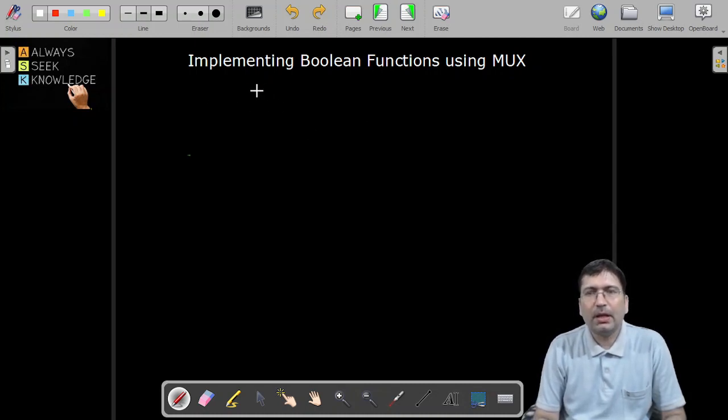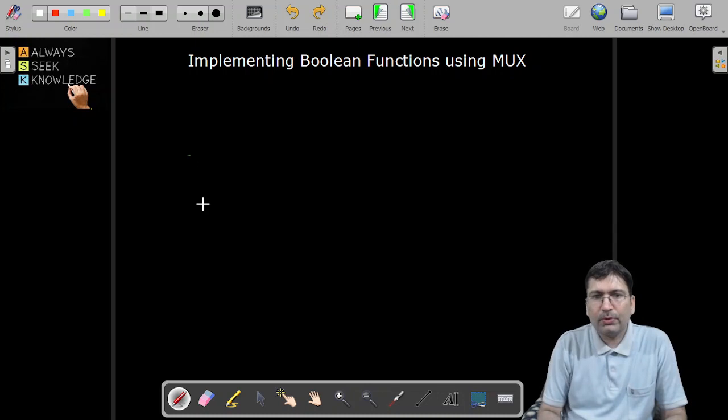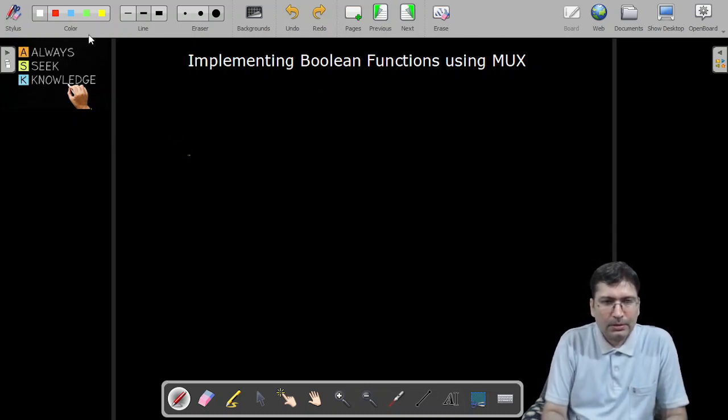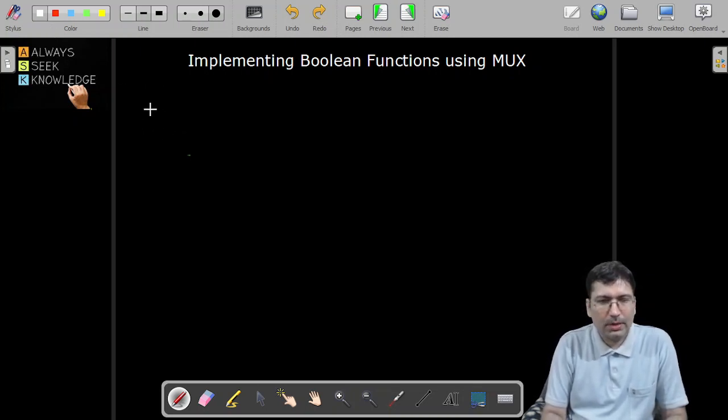In the previous lecture, I talked about the functional completeness of multiplexers. In this lecture, I am going to demonstrate, in case a Boolean function is given, how we can implement that Boolean function using multiplexers. So let's see. Before going for the implementation of any Boolean function, just recall the output Boolean function of